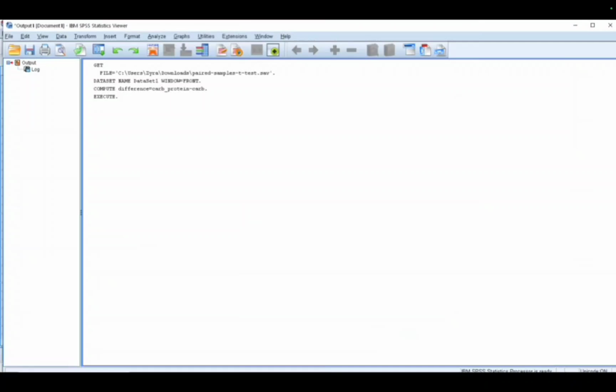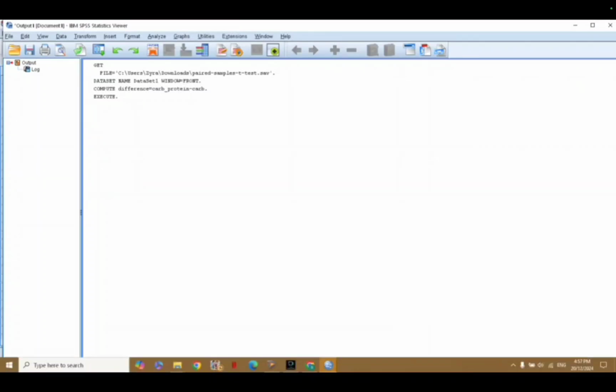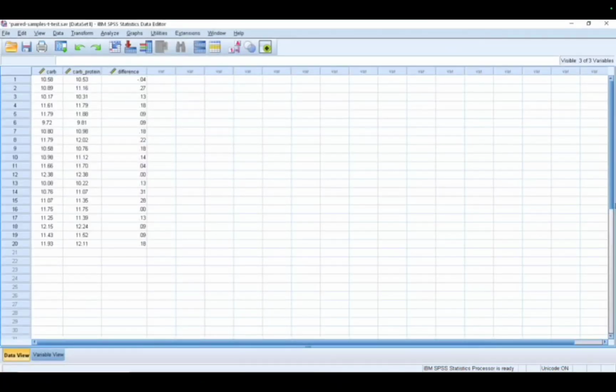The entry will be seen there. And then we will go back to the SPSS data view, and the entry is already there.